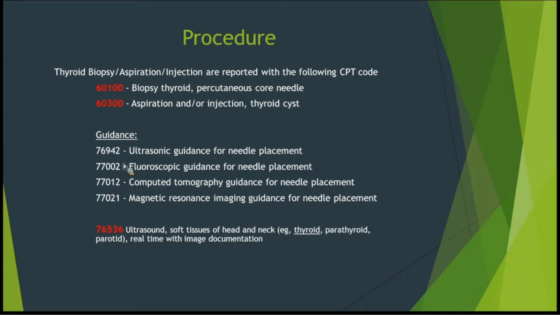But in this case, if you're doing your thyroid biopsy, this is the code you use. Aspiration of the thyroid cyst or an injection in the thyroid cyst, this is what you use. If you place an order for your ultrasound of the thyroid, that's what you use, and these are your guidances. So we don't report needles, so essentially we would be doing something from the second column and the third, and then what are FNA